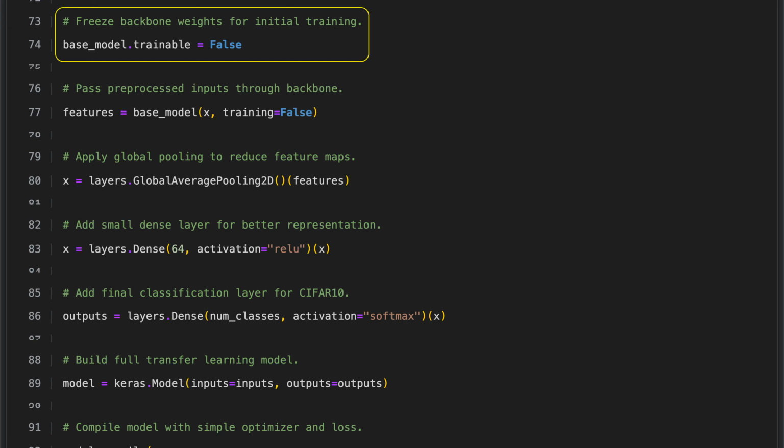We set the backbone model to be non-trainable, so its weights are frozen and not updated during the initial training. This means only the new layers we add on top will learn from the data. By doing this, we keep the useful pre-trained features in the backbone while adapting the new layers to our specific task. This strategy is a standard part of transfer learning, where we reuse learned features instead of retraining the entire